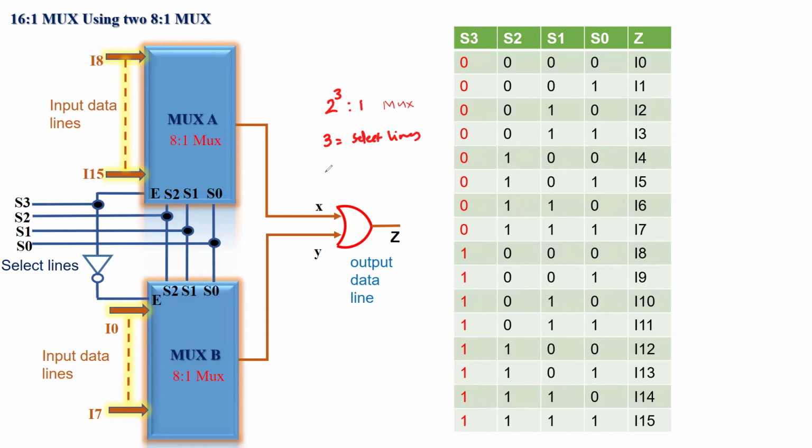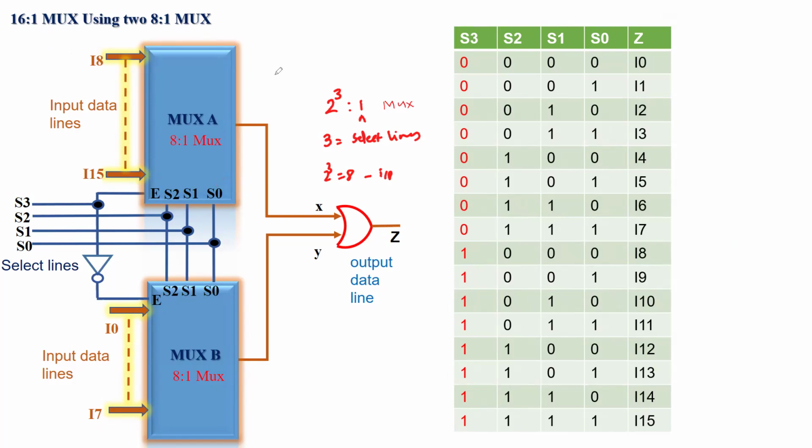Okay, and 2 raised to the power 3 equal to 8 are my input data lines. And finally, 1 is the output data line. So having said that, what we see here, the three input select lines are S2, S1, S0, S2 representing the most significant bit, S0 representing the least significant bit. And one extra select line S3 I have used here because finally I want to make 16 is to 1